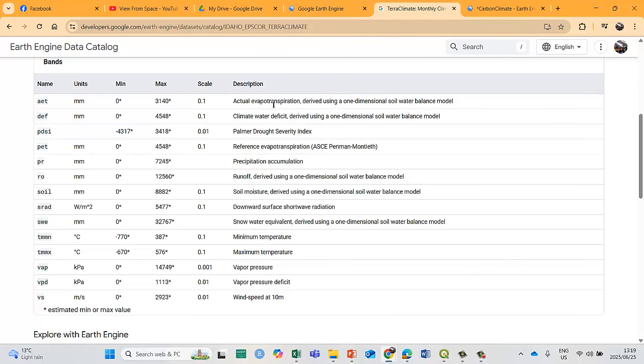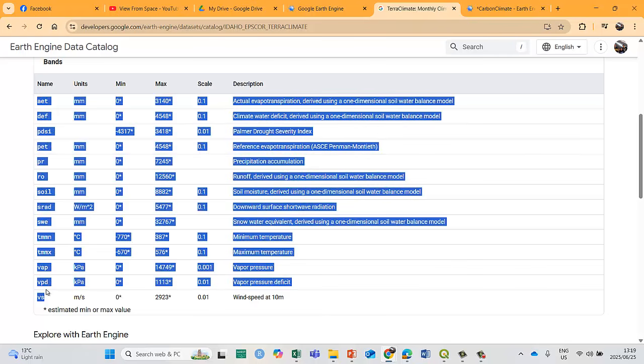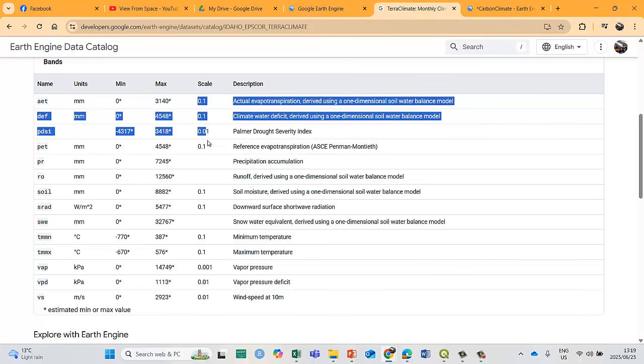So: evaporation, climate water deficit, Palmer drought severity index, minimum and maximum vapor, wind speed, etc. Now there are the band names, the abbreviations that you're going to use within the code to generate that specific characteristic or attribute. But as I said, important: remember the scale factors.